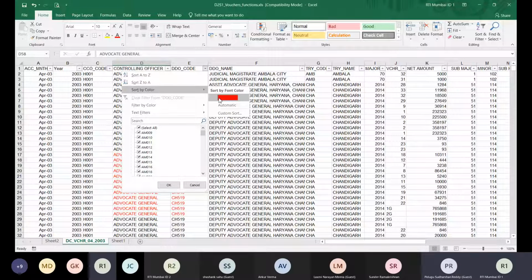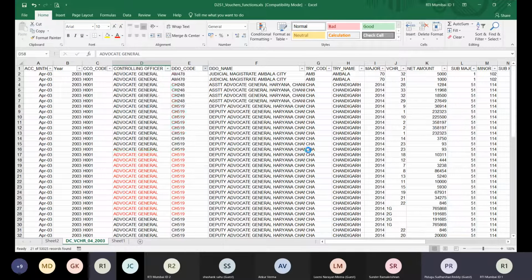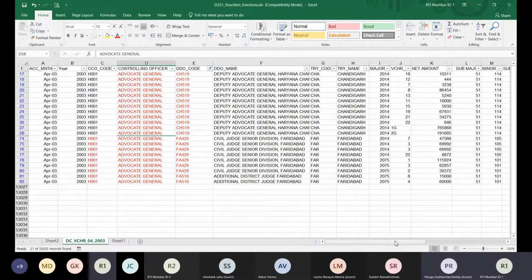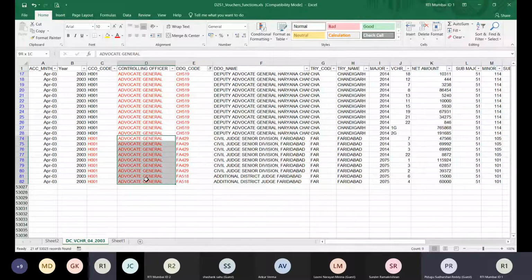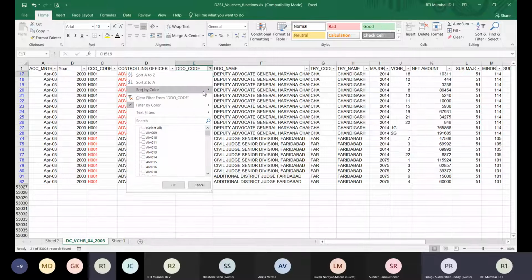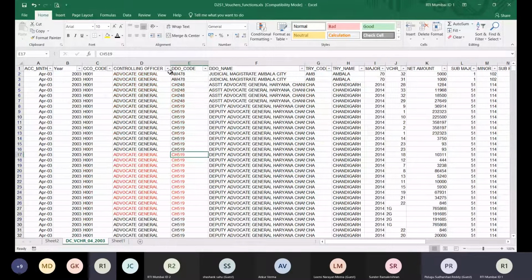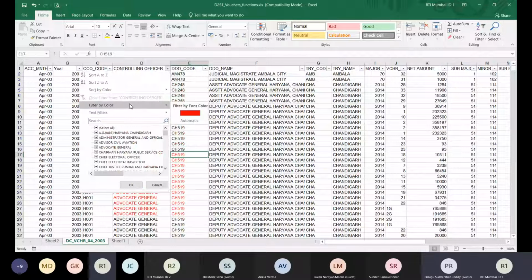और समझो आपको सॉर्ट नहीं करना है पूरा, खाली चेक करना है वो डाटा, तो आप बोलेंगे फिल्टर बाय कलर। फिल्टर बाय कलर का मतलब रेड कलर का है वो खाली मुझे दिखाओ, तो ये फील्ड में जितने भी रेड कलर के खाली उतने आपको दिखाई देंगे। ये जो डीडीओ कोड के अंदर मैंने रेड लिया है तो रेड इतने ही है, अगर ये रेड नहीं भी रहेगा बाजू का फील्ड का तो कोई फर्क नहीं पड़ेगा, जो फील्ड में हमने रेड लिया है वो फिल्टर उसके बेसिस पे आएगा।